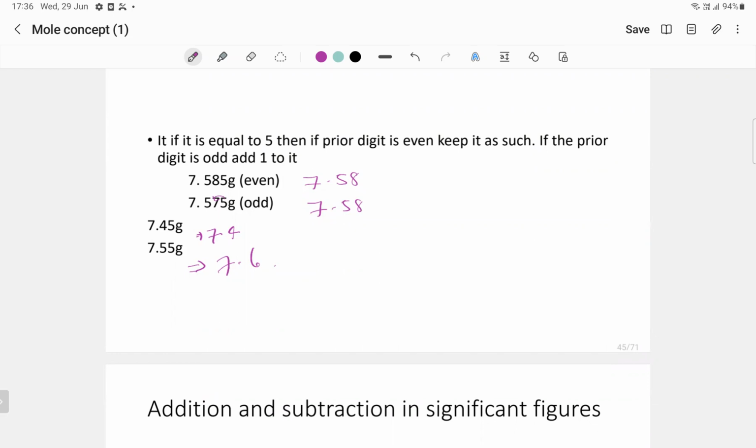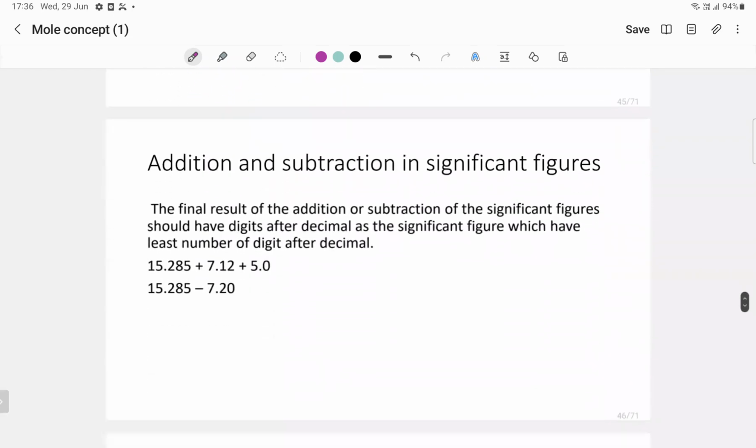So next one is addition and subtraction of significant figures. Which means, see here, there are three values in front of you. Just add and say what is your end value. Just sum up all the three values. 15.285, 7.12, 5.0, which makes, sorry, 12. Okay. So now this is your answer. Okay. But in significant